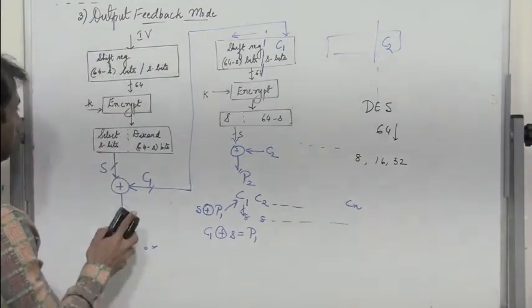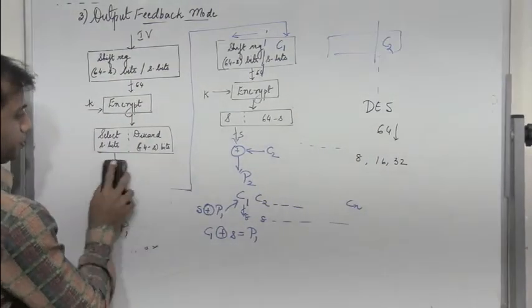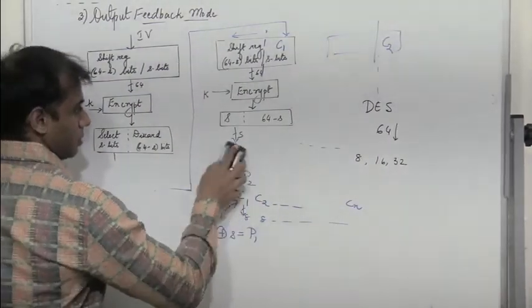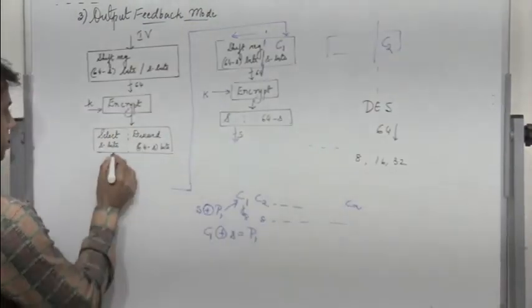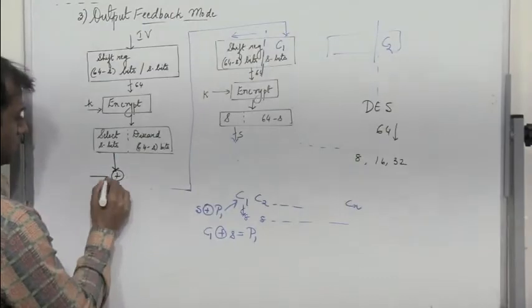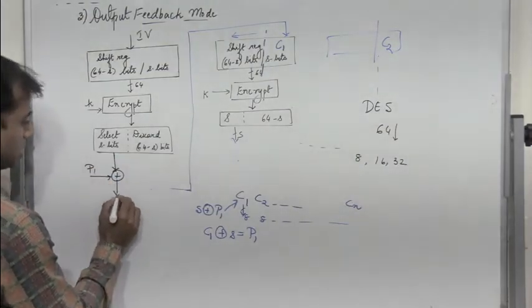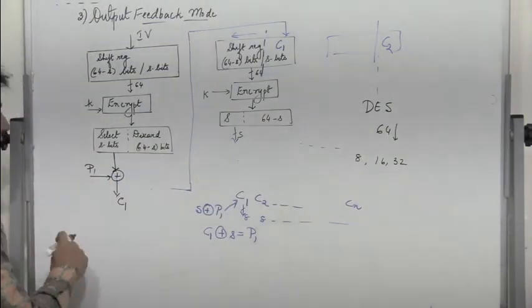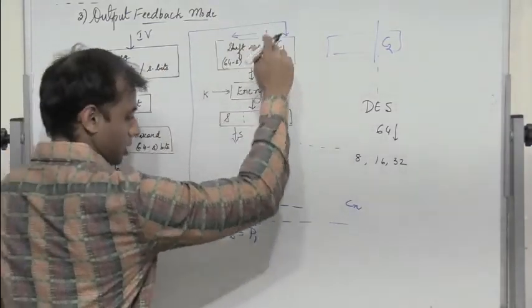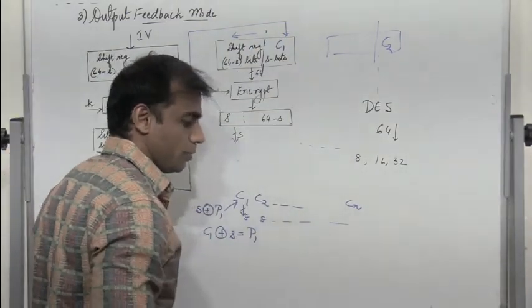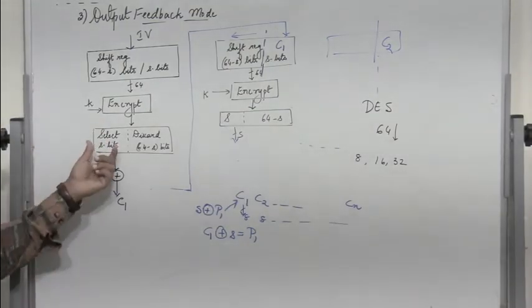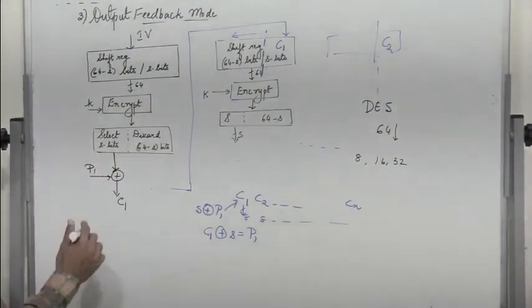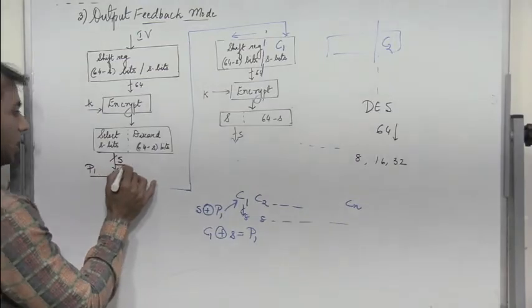So here in output feedback mode, let me redraw the diagram for the process of encryption. This is XORed with P1 and we get C1. In cipher feedback mode, C1 is stored here. But in output feedback mode, the output of the encryption, so we are selecting these S bits, these S bits are stored